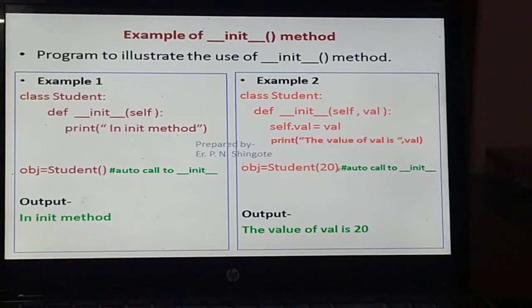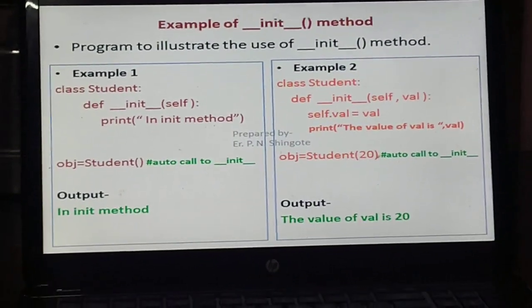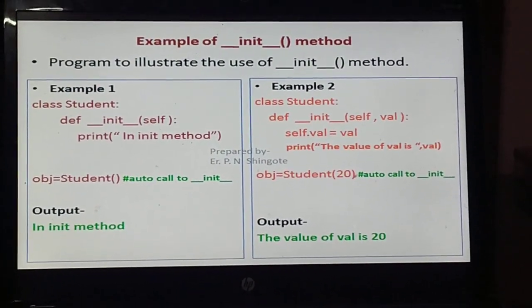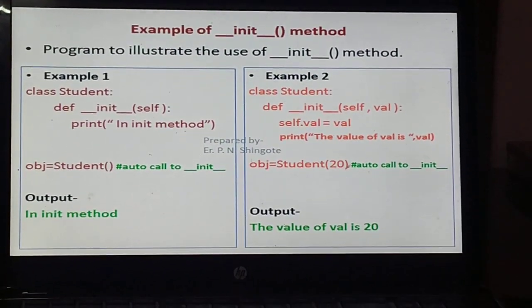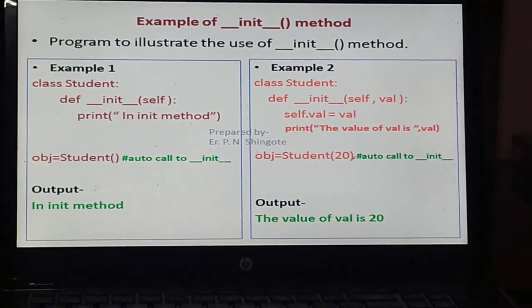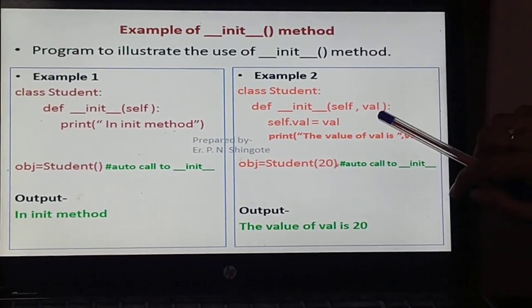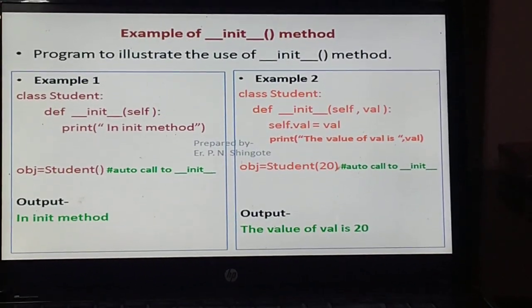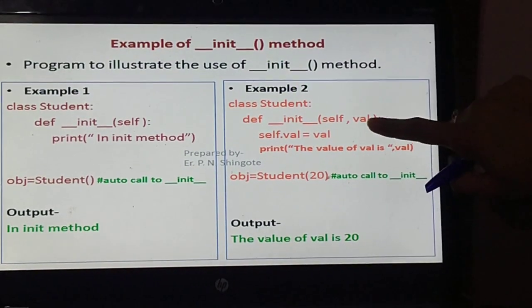So as we have default function and parameterized function, similarly, because I have already told you that init, or the class constructor, is nothing but a function only. So it also has two categories, the default constructor and the parameterized constructor. So once I have defined a variable here, it is always known as the parameterized constructor.